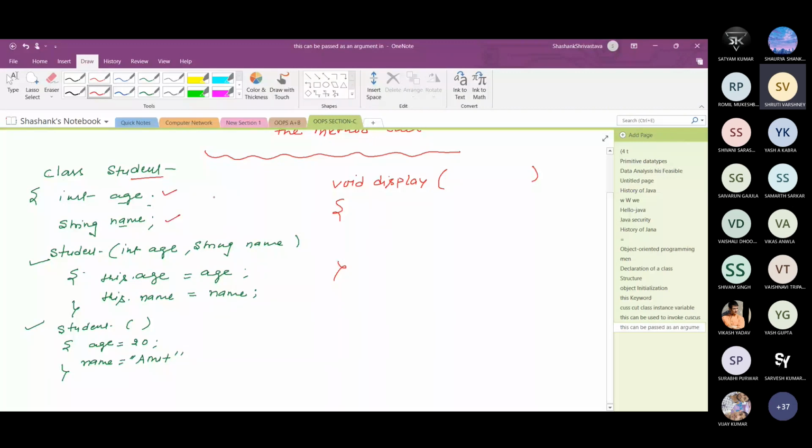So here, if I would like to print, system.out.println, this is the short form. बार बार लिखना पड़ेगा. System, S for system, O for out, P for println. And suppose I would like to print the value of age and name here in the display function.